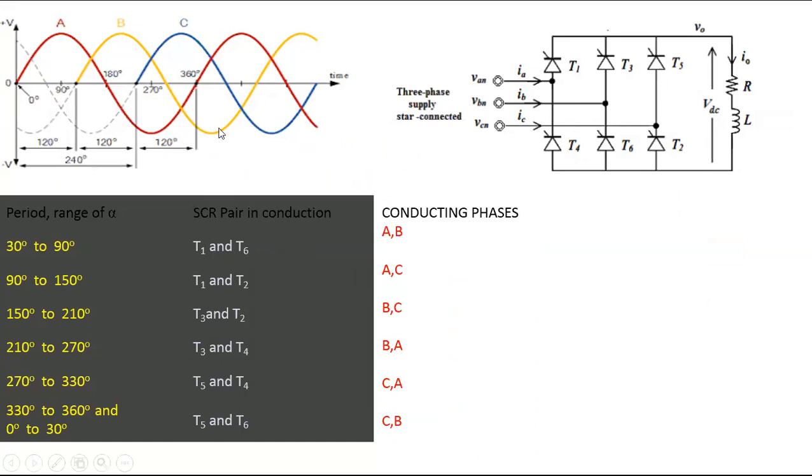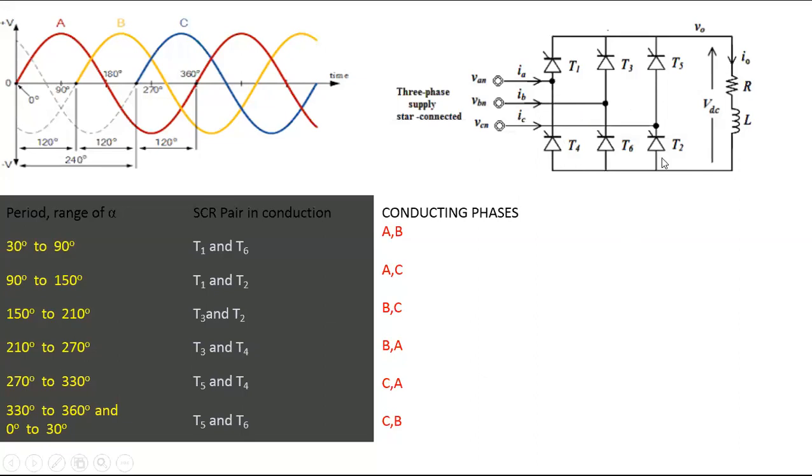So already we have taken the supply. Now this is the circuit: a three-phase full converter with inductive load or resistor load. The entire explanation will be the same. Three-phase supply is also called a 6-pulse converter because we have 6 SCRs. We can even go with more SCRs, but the best suited circuit for three-phase supply is the 6-pulse converter. Already the bridge circuit is one.